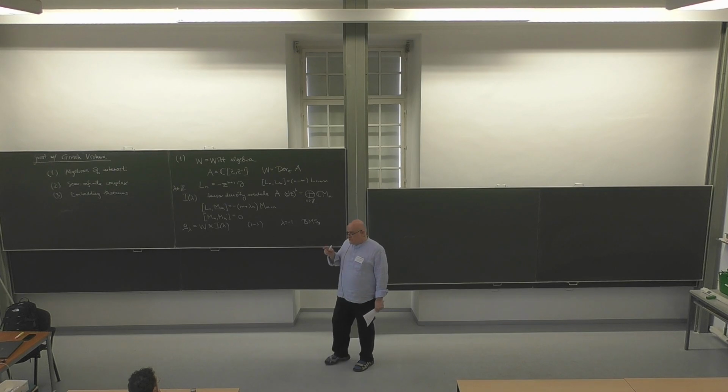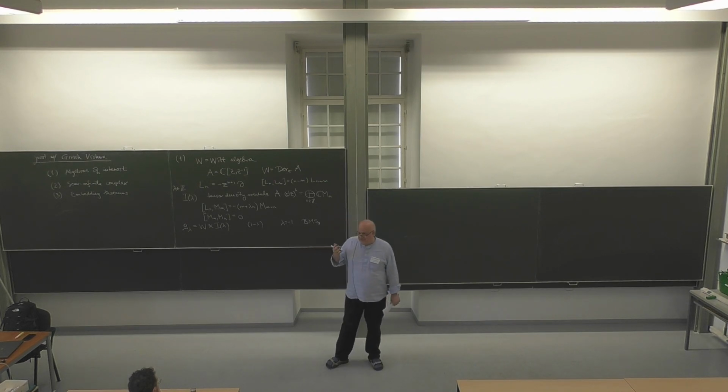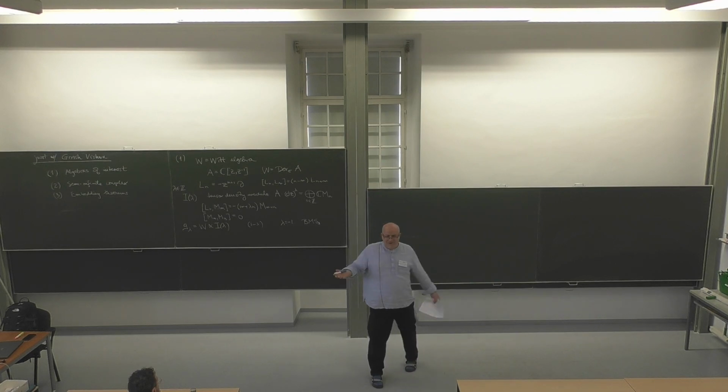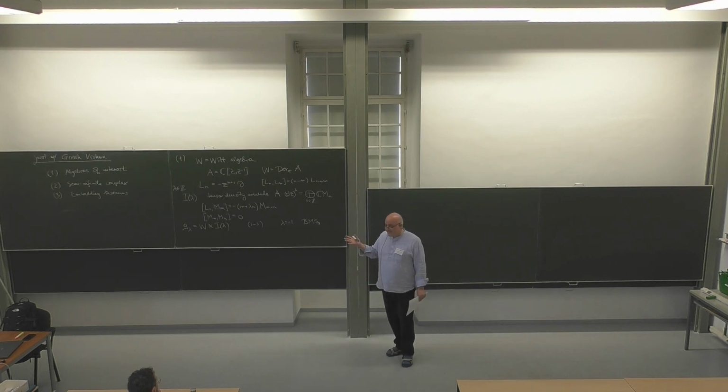Non-weight representations are the ones where the carrier space of the representation cannot be written as a direct sum of weight spaces of the zeroth part of it. SL2 has non-weight representations. They're not very common in physics. We don't normally see them, but the simplest, SL2, the 2 by 2 matrices with determinant 1, has non-weight representations. And in fact, they've only recently been classified, in the last 10, 15 years.